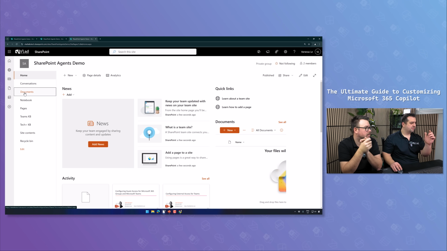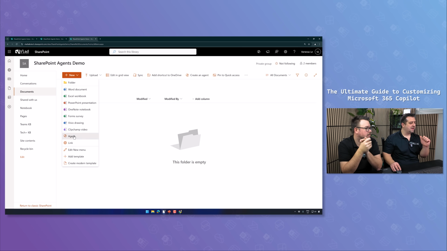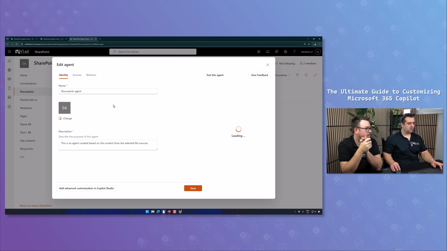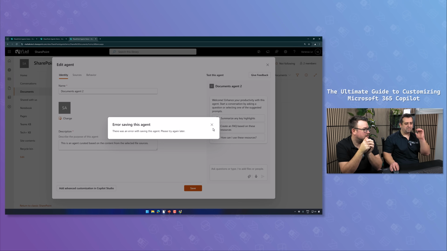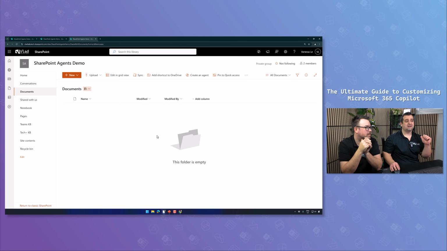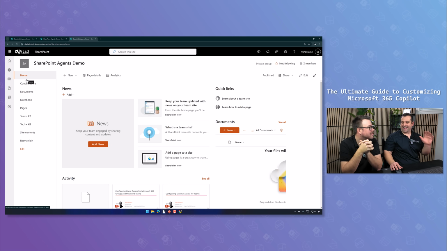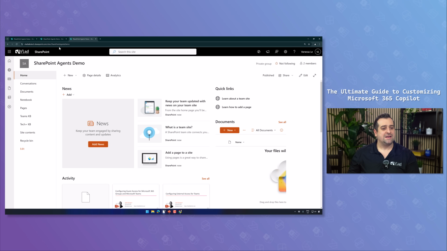But remember, I'm curious, can I still create an agent over here? I'll call it documents agent 2. Click on save. No. So because I broke permissions on that library, I cannot even create it in a document library, which is maybe what some of you might actually want as administrators. But now if you want to do it the right way,